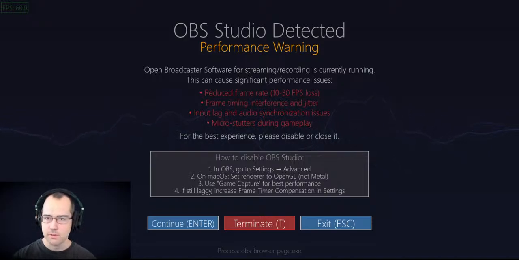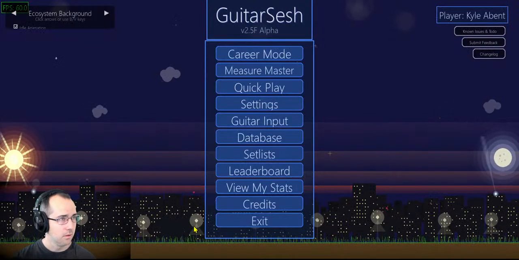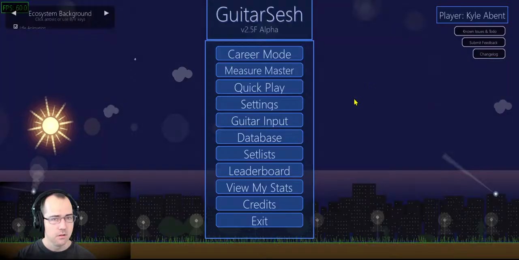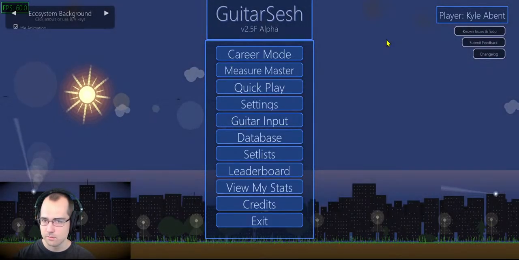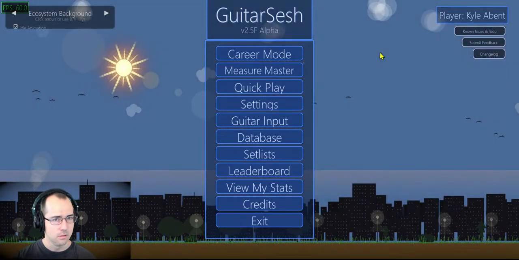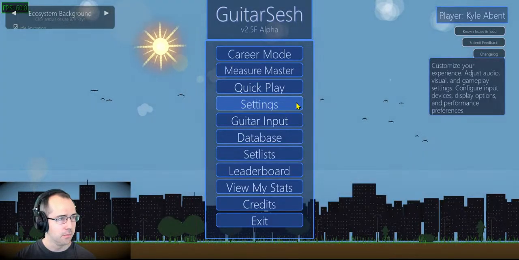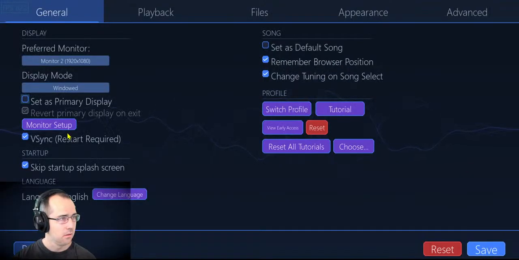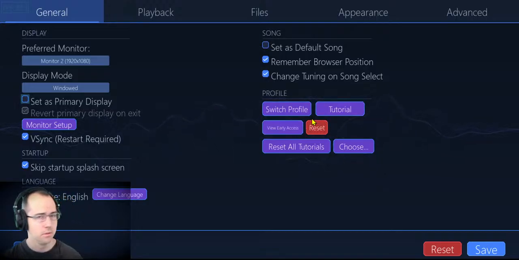Just gonna press continue. Okay. At the start menu, and that's because it skipped over a particular pop-up screen